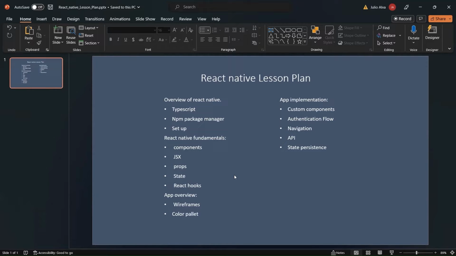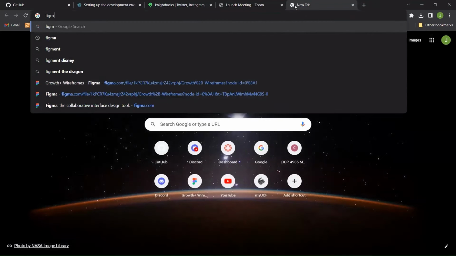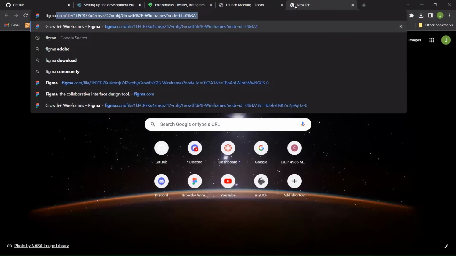All right, so while we're waiting for the download, let's go ahead and just run through what we're going to do today. I'm just going to switch over to the computer because that's what I have all that set up. Oh, but I don't think the Zoom is going to be able to see that. Never mind. I guess I'll just go through here. All right. So while I'm doing this,